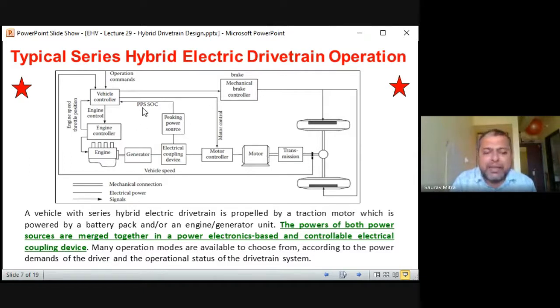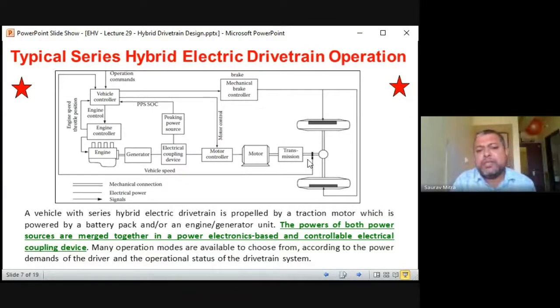And if you want parallel, a little bit of another thing is there. There is a peak power source. From there, DC to DC converter, and then motor. So these are the two paths, where this horizontal path is the main generation of power, and this peak power source is the supplementary or auxiliary kind of power source. So all the points I have explained.